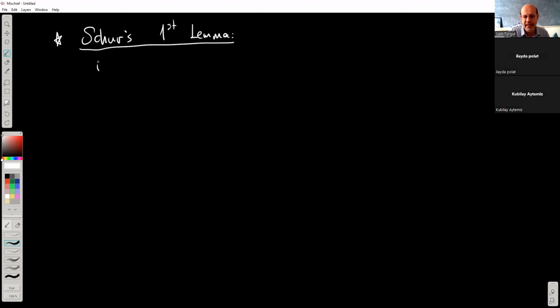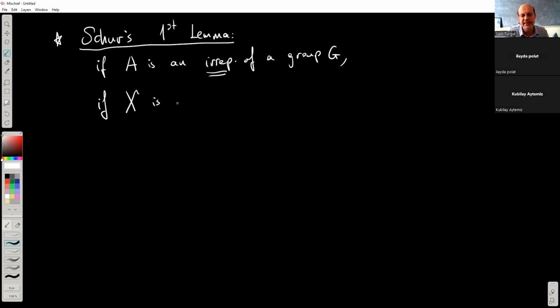The first one says that if A is an irreducible representation of a group G, and if X is a matrix that commutes with all representation matrices,